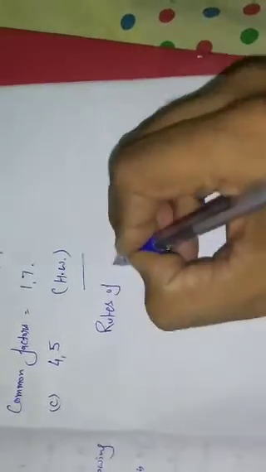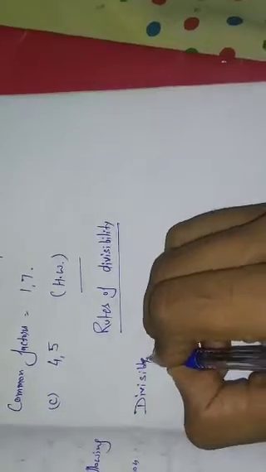Okay, before starting exercise number 2, I want to explain the rules of divisibility. Here exercise number 1 has been finished. So now, rules of divisibility. It means without division, how can you find out whether any number will be divisible by a specific number? First, the rule of divisibility by 2. It means which numbers are divisible by 2.